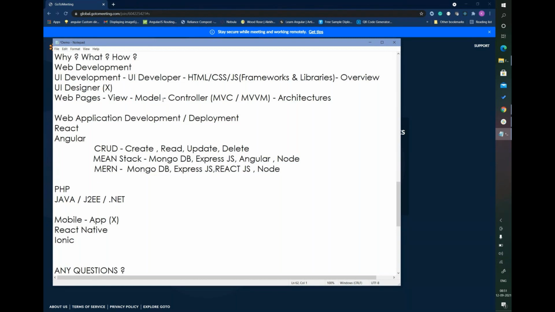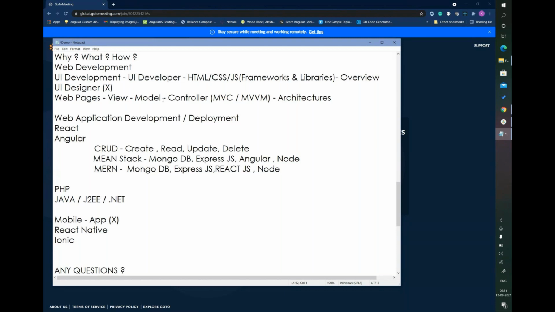Okay, so coming to this, we are doing web application development, and we also need to get awareness of how we can deploy our developed application onto a server, so that our application will be accessible globally. So that is also a main scenario. In deployment, there are some scenarios we have to follow. So those scenarios will also be covered over this course.